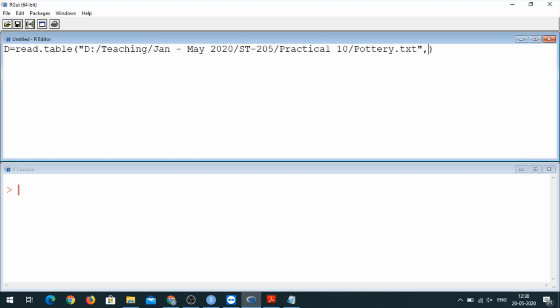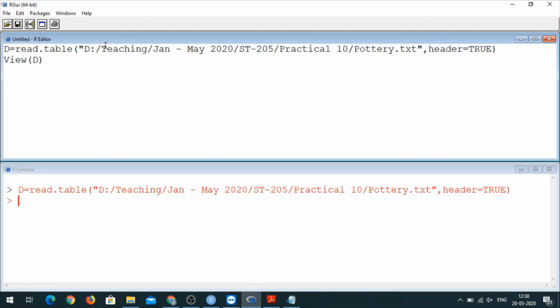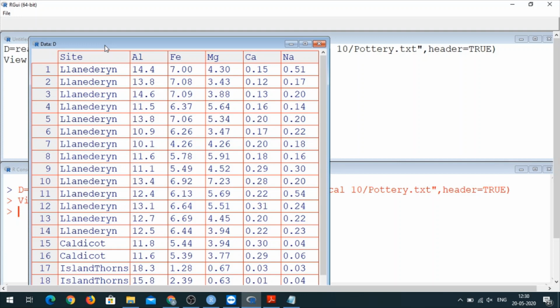We had headers, so we will give header equal to true. I cannot call the first column as row names because they are repeated, so we'll have to separate that column and then convert this to a matrix. Let us see if this works. Okay, so the data is in front of me.